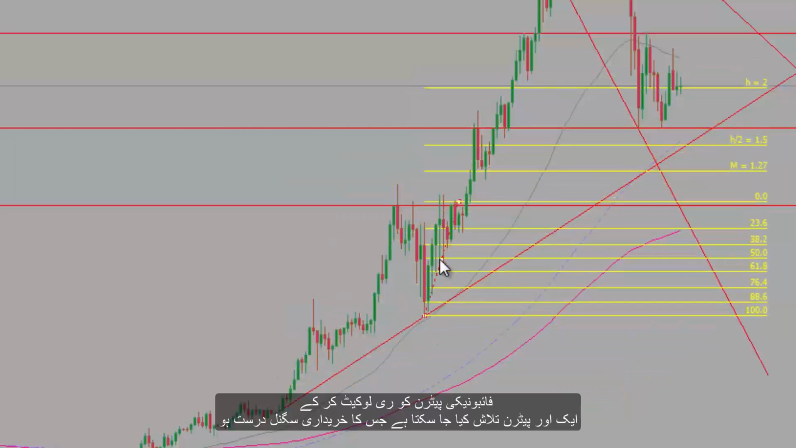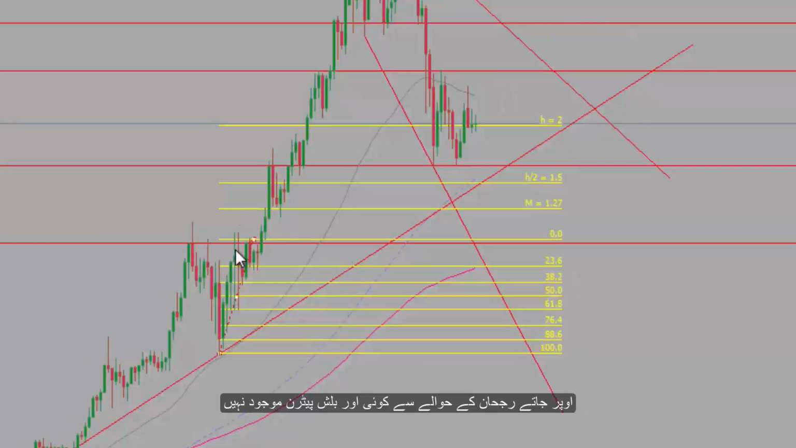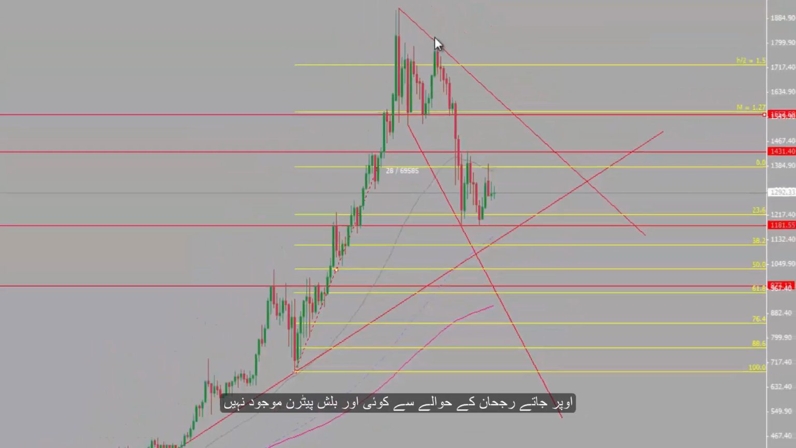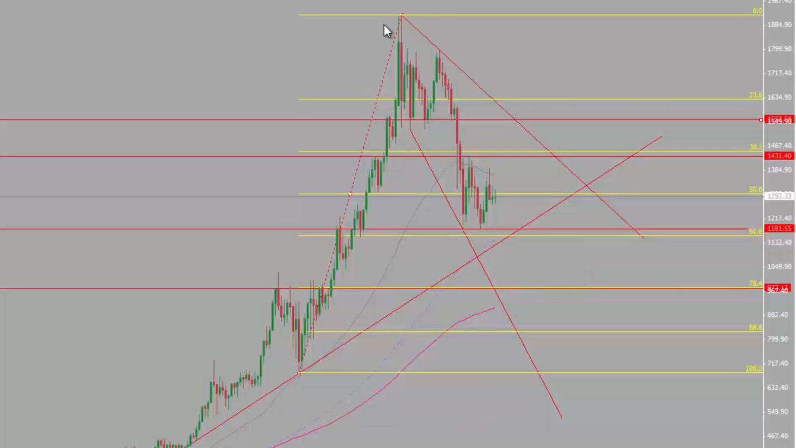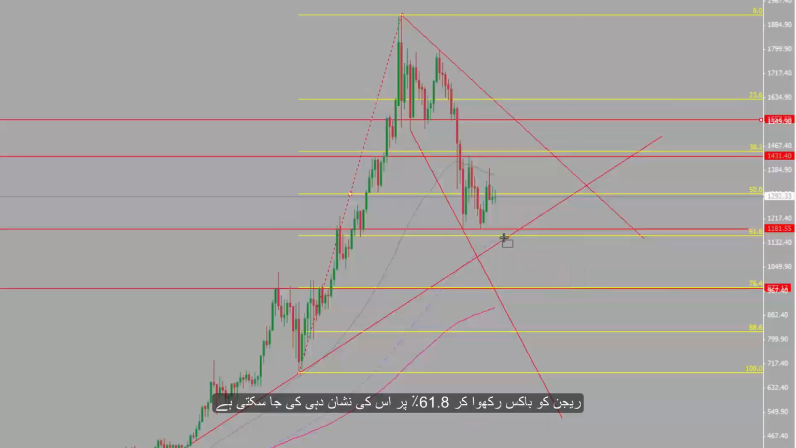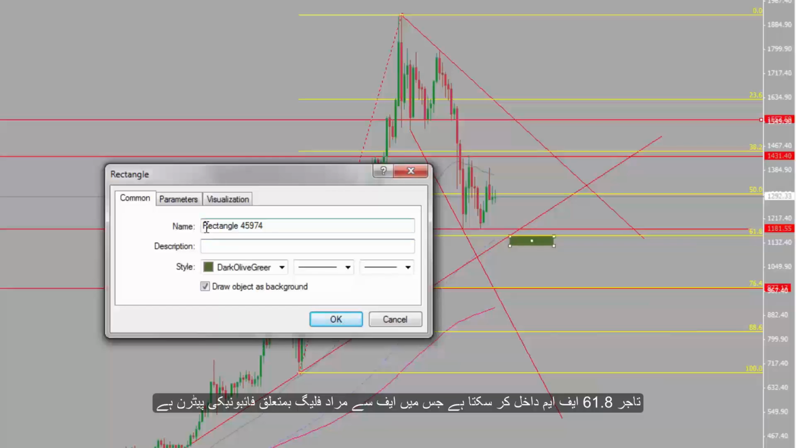By relocating the Fibonacci pattern, another pattern can be found that had the correct buy signal. There is not any other bullish pattern on the uptrend, so Fibonacci can be modified to understand if there is any reversal point. A region can be marked on 61.8% by placing a box. A trader can enter 61.8 FM, in which F stands for flag of the Fibonacci pattern, M stands for monthly